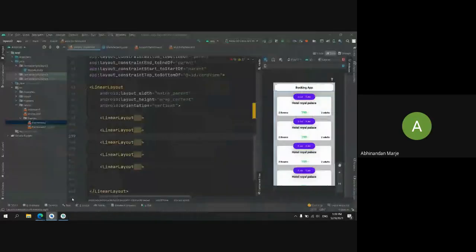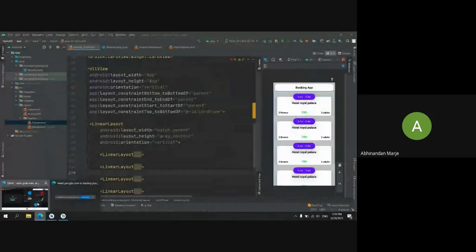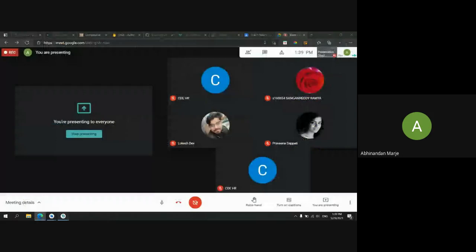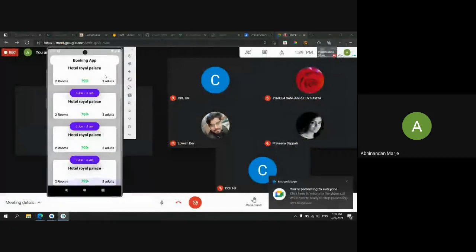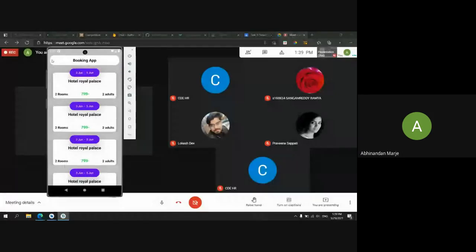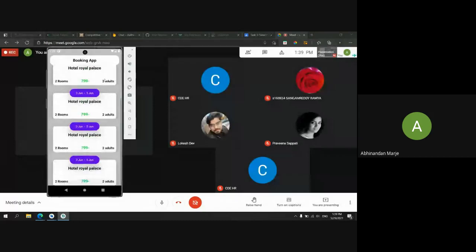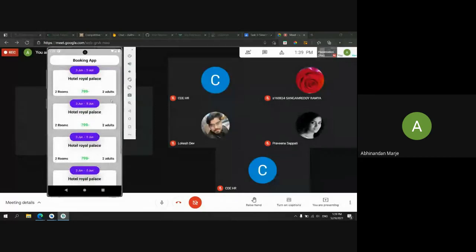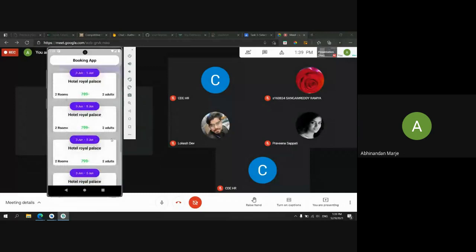For this task, it is not compulsory for all of you to build this same layout. You can have your own layout, but there is a criteria. I want all of you to make sure you build your custom app bar. You all should include some stuff with the LinearLayout and some stuff with the ScrollView. Is that clear?